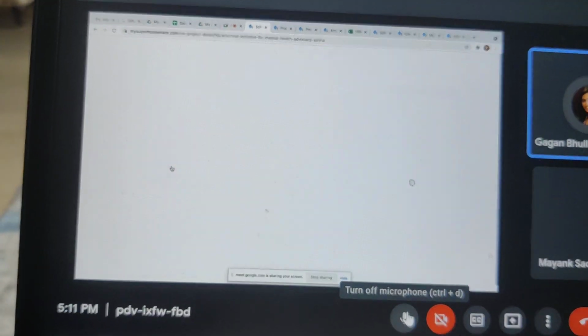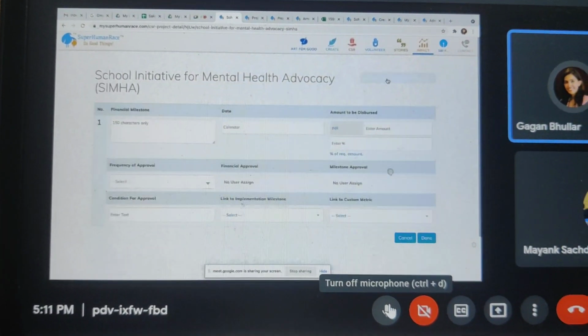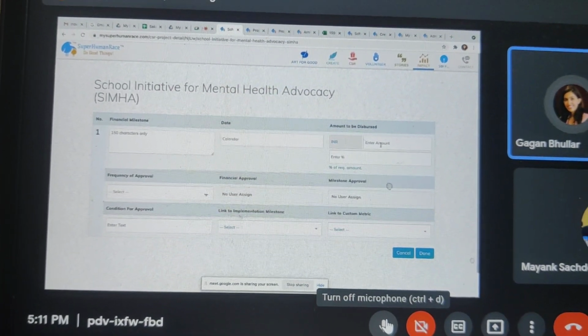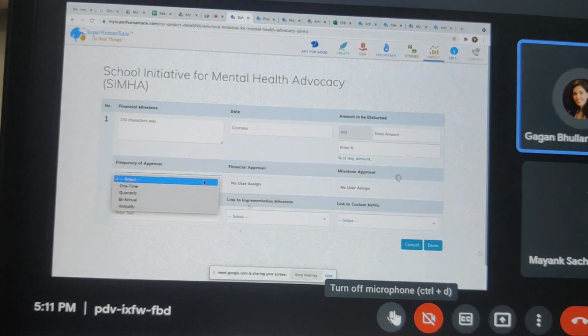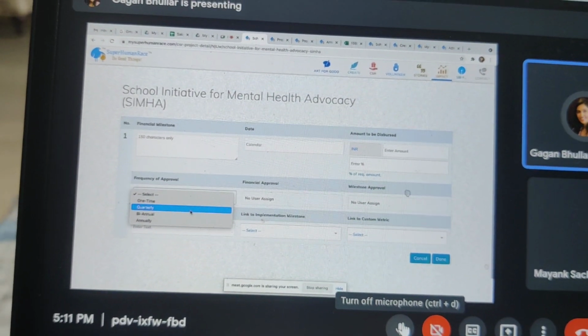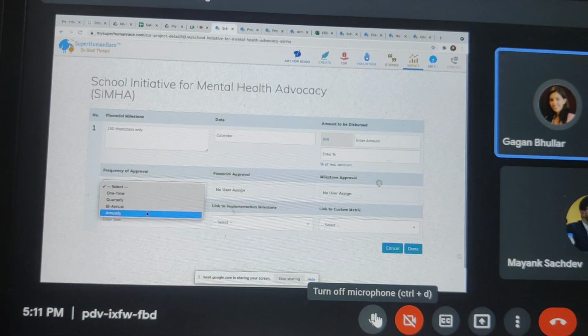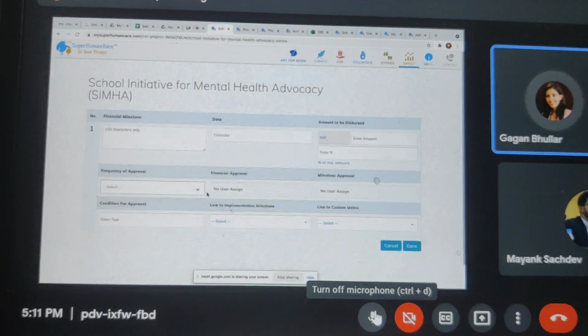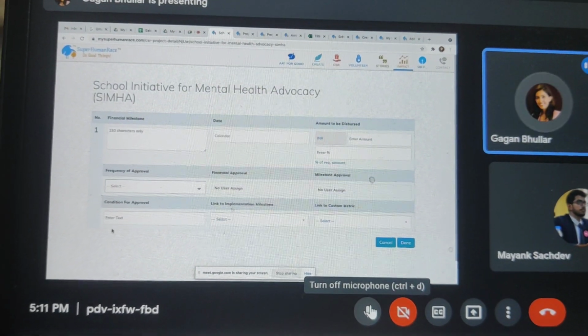Whoever your financial people are who have been provided access, they can set milestones for fund dispersal. They can add the text for the milestones, what is the amount to be disbursed, what is the frequency. So say, for example, you've decided that equal amounts every quarter will be disbursed, or you'll make one annual payment, or biannual, or one time or whatever. So you can set the frequency.